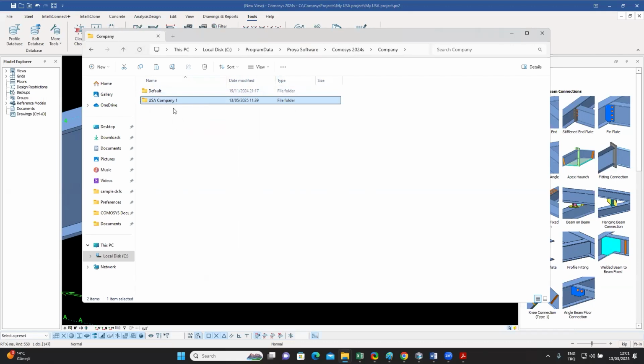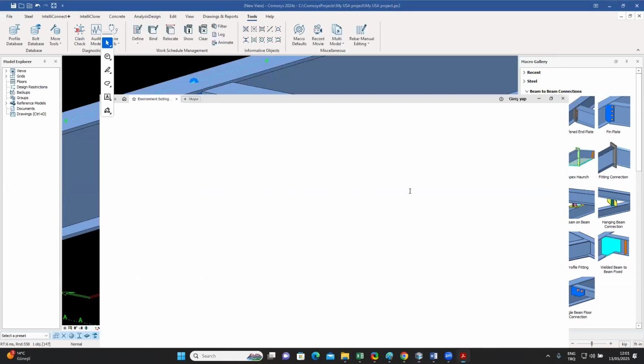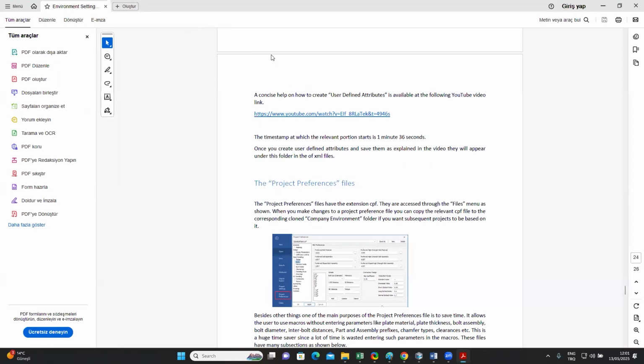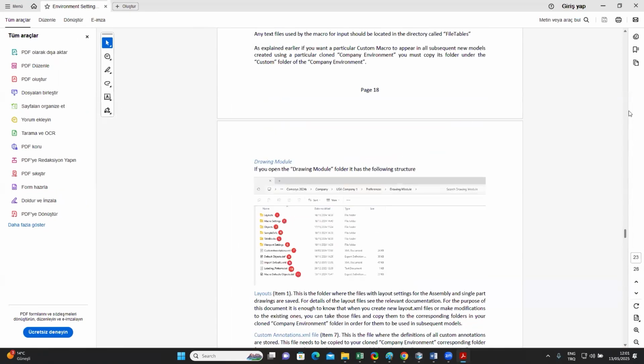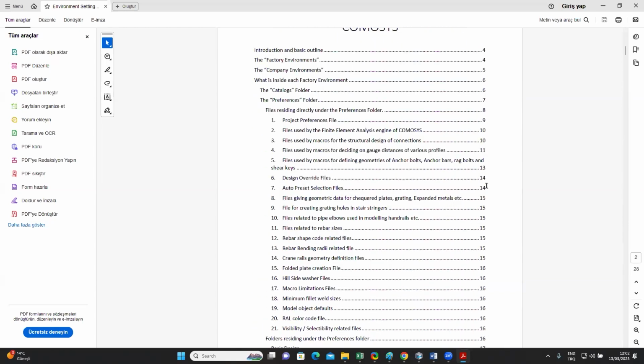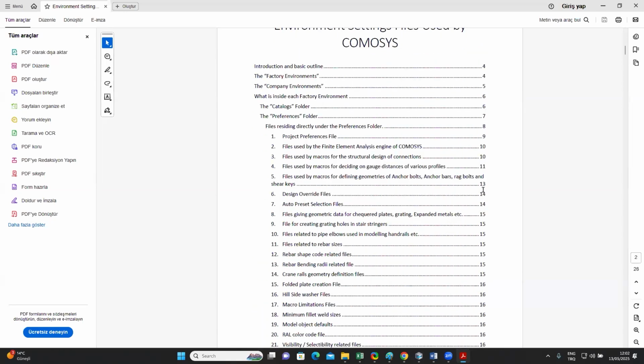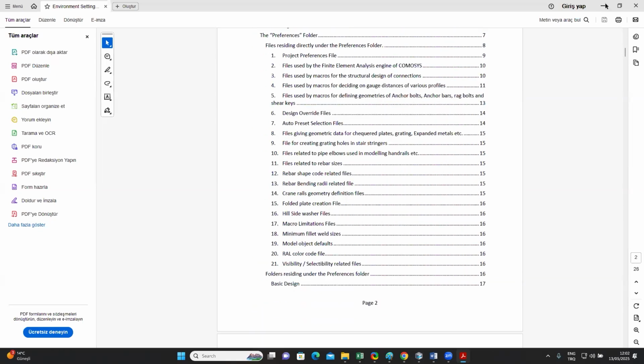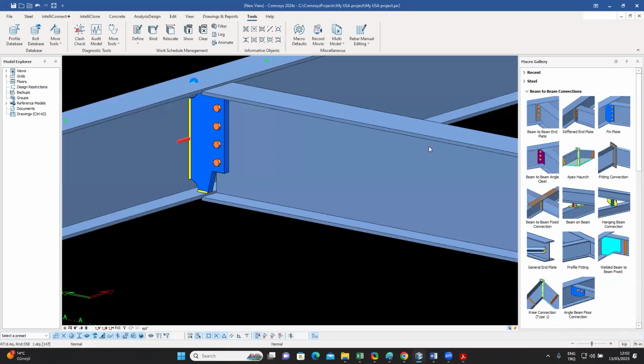So once again, to summarize, I would love it if you all went through the help file, which I just mentioned over here. It's called the environment settings files used by COMOSYS. It's a pretty decently sized file, and you can go through it very easily. It explains every step. And I strongly recommend that users of COMOSYS should actually set up their COMOSYS environments,